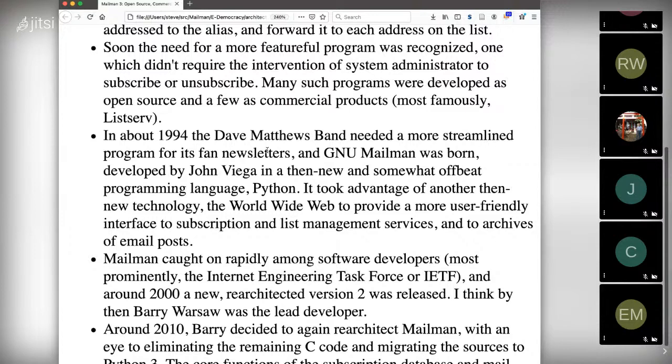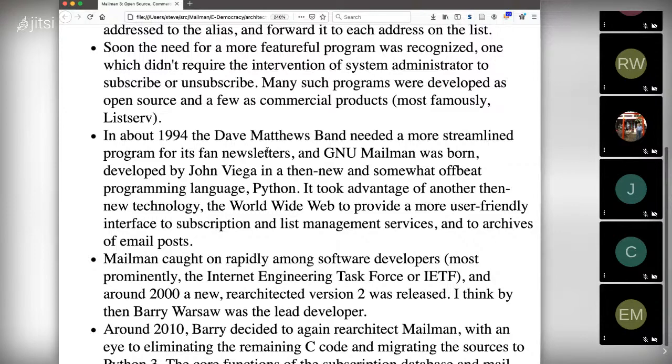And he decided to develop it in a somewhat offbeat new programming language called Python. And he's still sort of an elder in the Python community, but most people don't know him. I'm not sure what exactly he's actually doing these days.